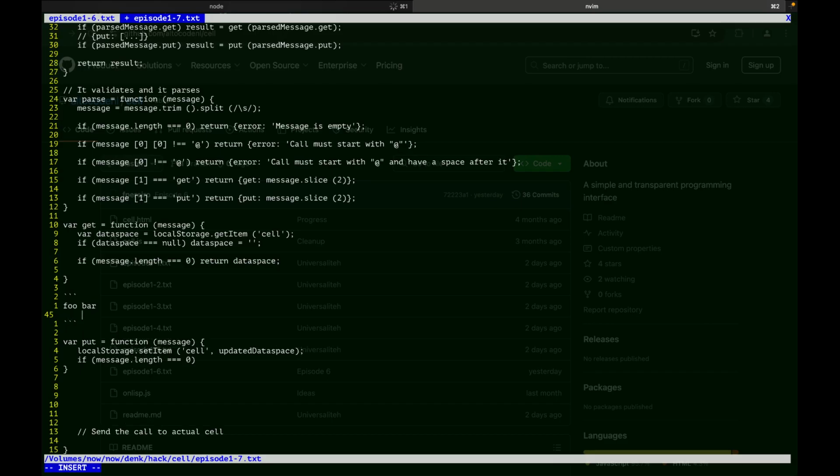However, let's say foo instead of a hash with one key is a hash with two keys, like this. So when I'm getting foo, what am I getting?